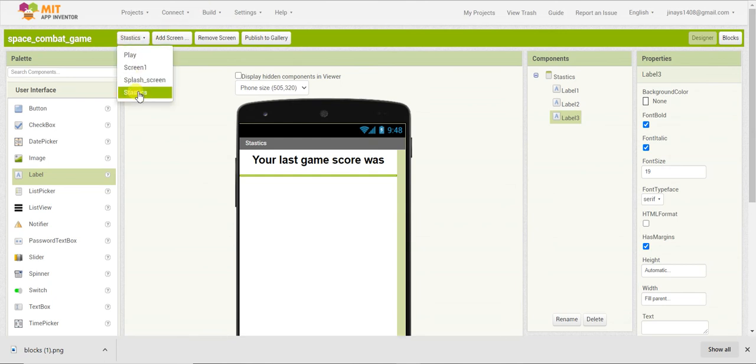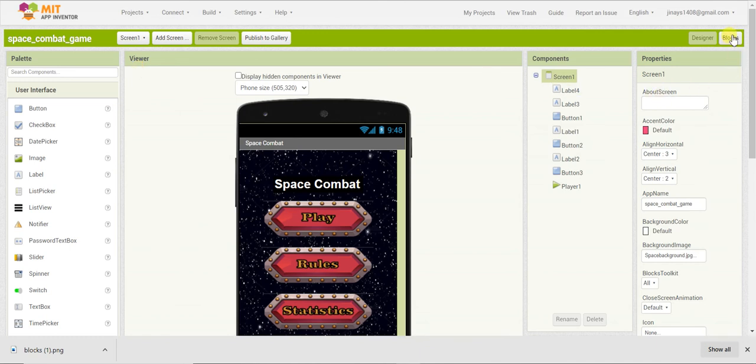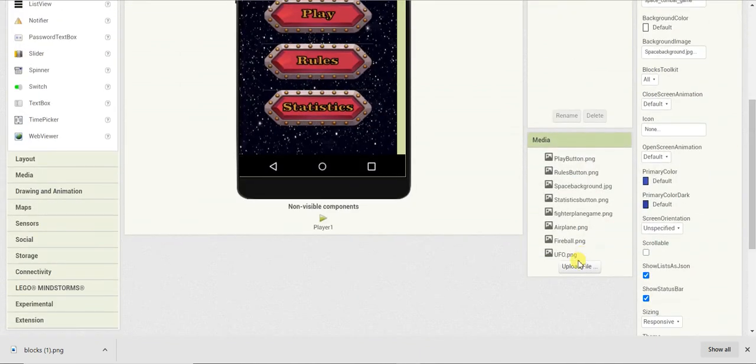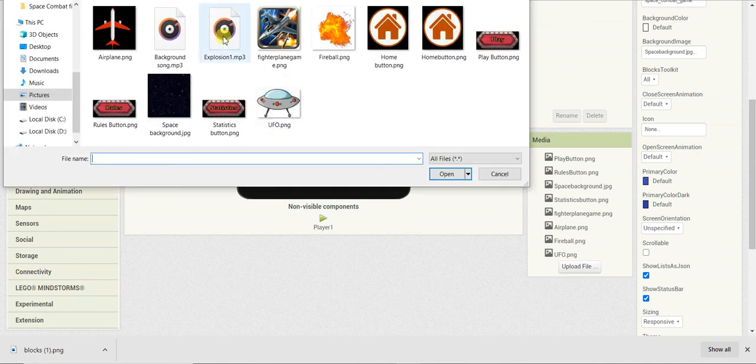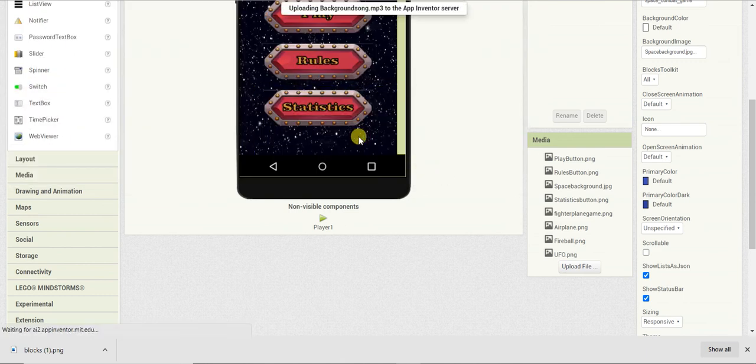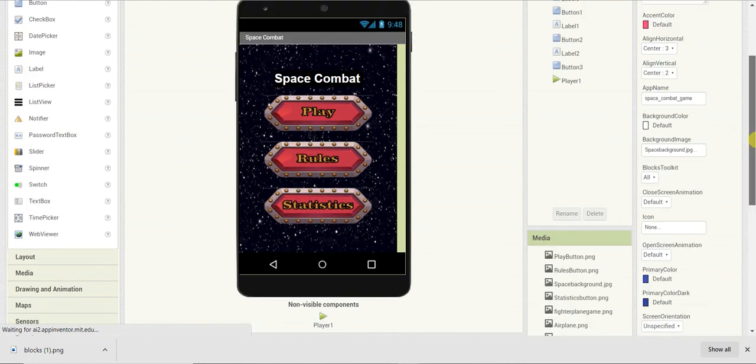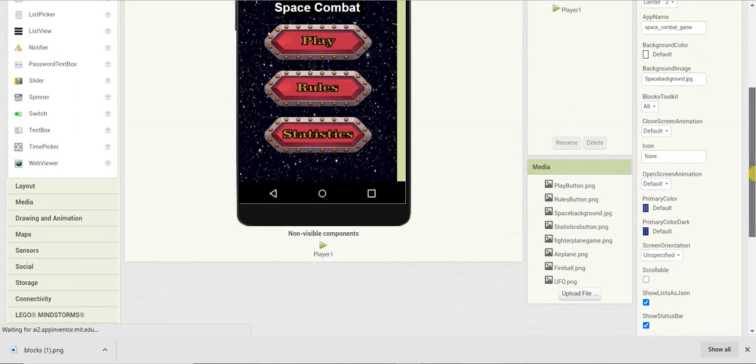Now let us start with the coding part. So I'll go to screen 1 and now let us code for this. But before that I'll upload one sound and audio file. Here you can add any audio file which you want for a background song to make your app look much more attractive.